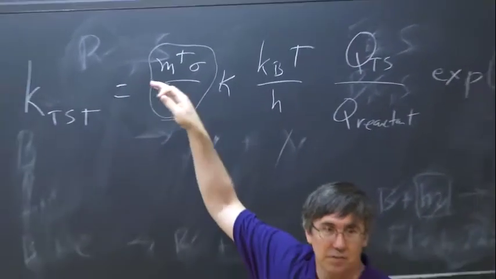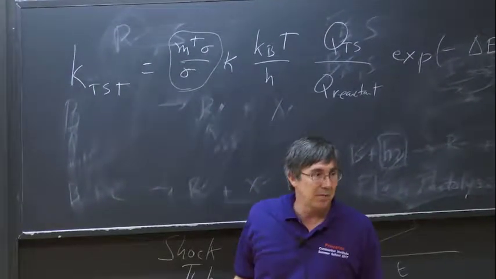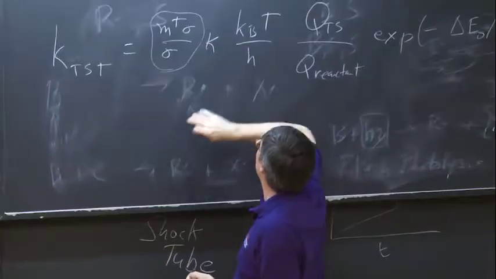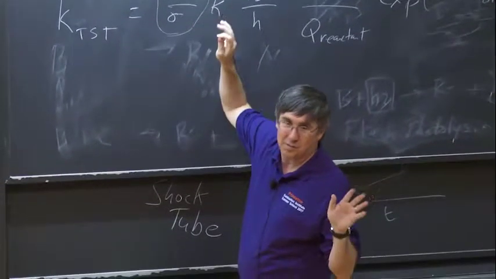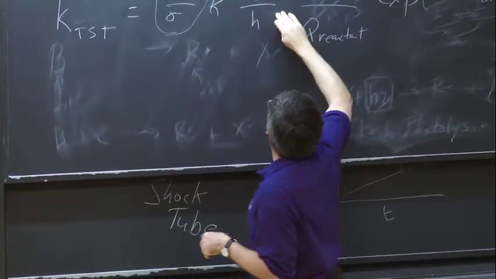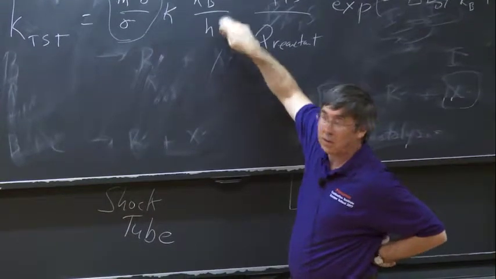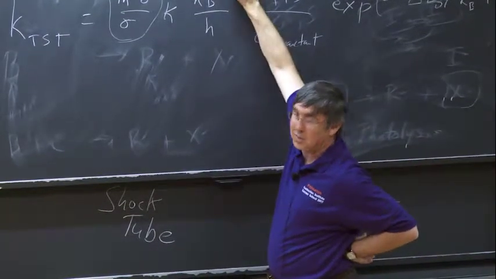So these guys are factors, like factors of 2, 6 maybe for benzene. Okay, so let's not worry about that one for a minute. Tunneling, that's way too subtle for us. We're not going to worry about that. kT over h, we can do these, right? We could look up what k is. This is Boltzmann's constant.